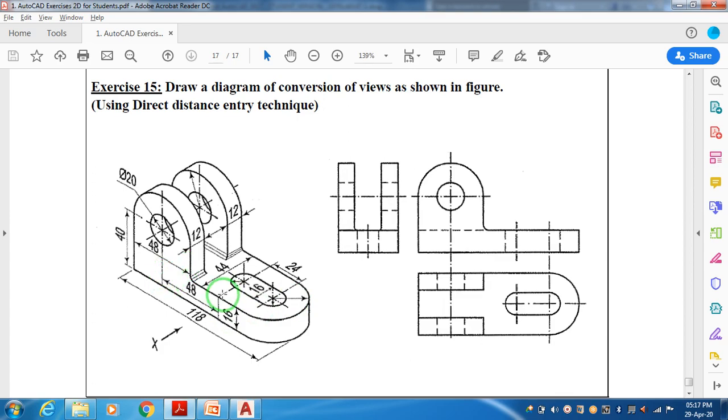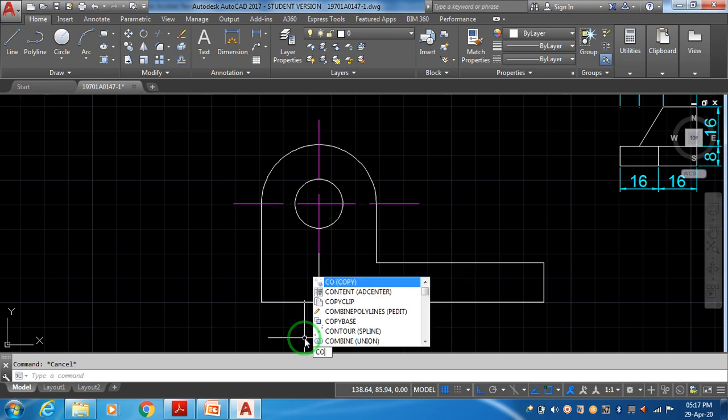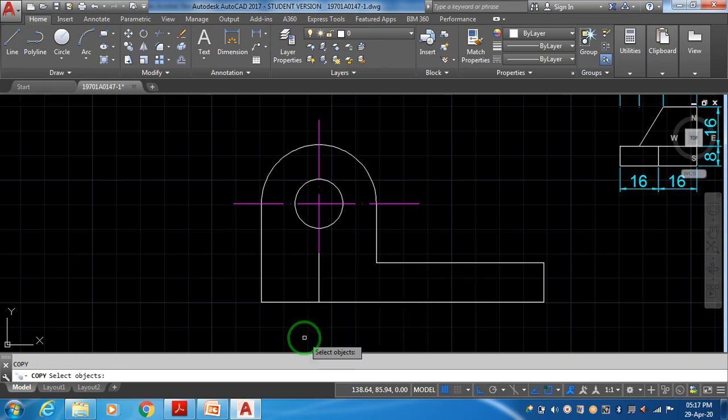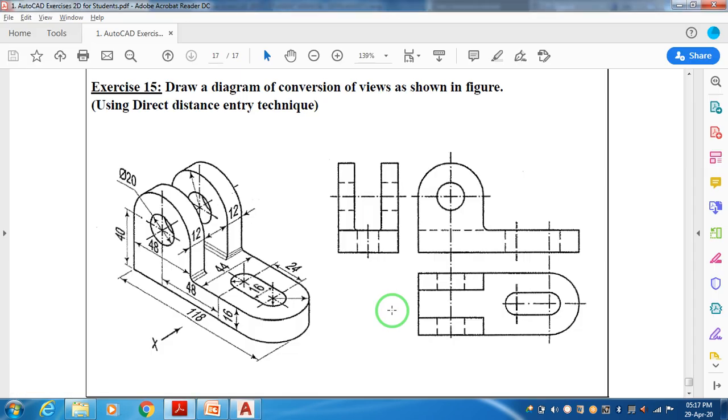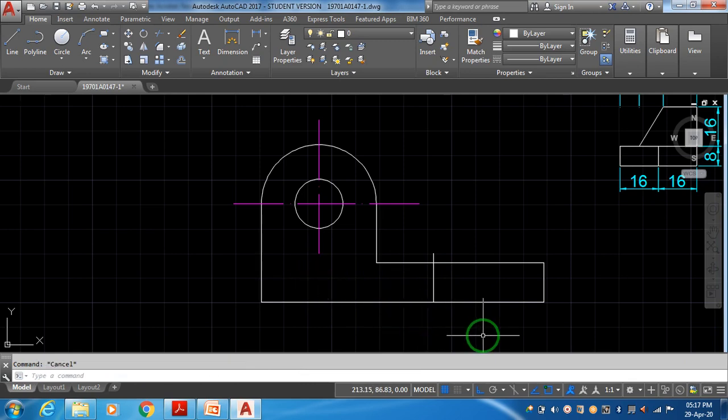From here to this center it is 48. Now you can copy this line, copy, enter. From which point? End point, towards this side. What is the distance? 48. We have got a distance of 48. You can remove the old line, erase it or delete it.